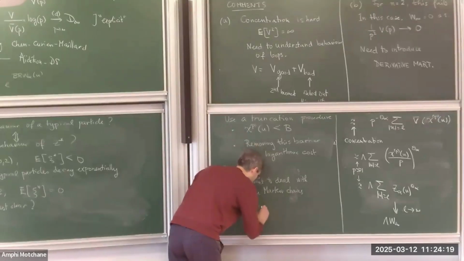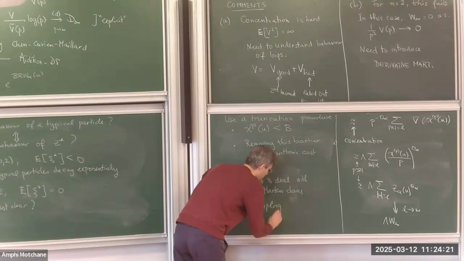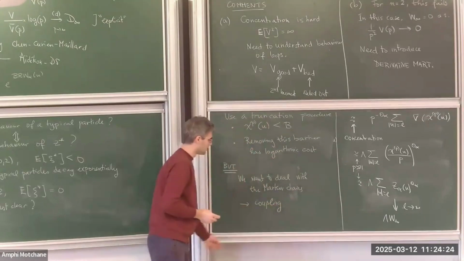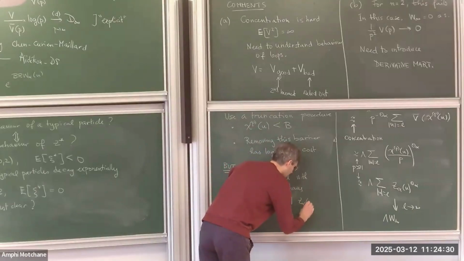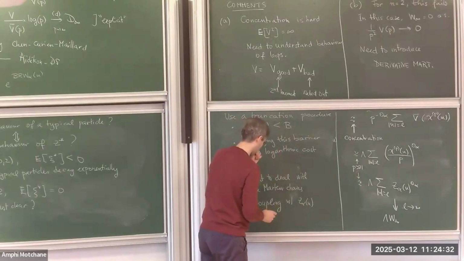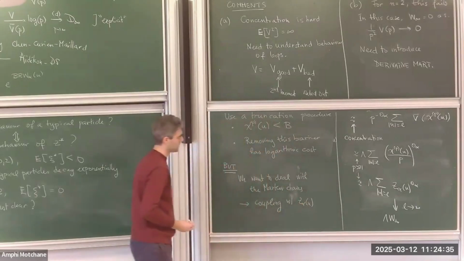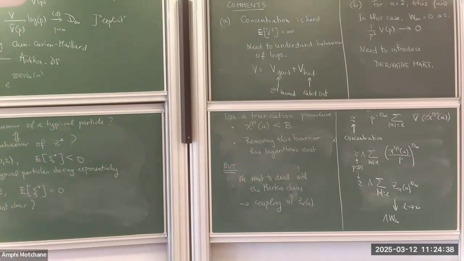And for this, we use the coupling argument between the discrete and the continuum object in order to say that we can deduce the behavior from that of Z alpha. So this gives you sort of the intuition or the reason why the log is coming. But actually, you need to deal with the discrete thing, which makes things a lot harder. Yeah, I think that's all I wanted to say. Thank you.